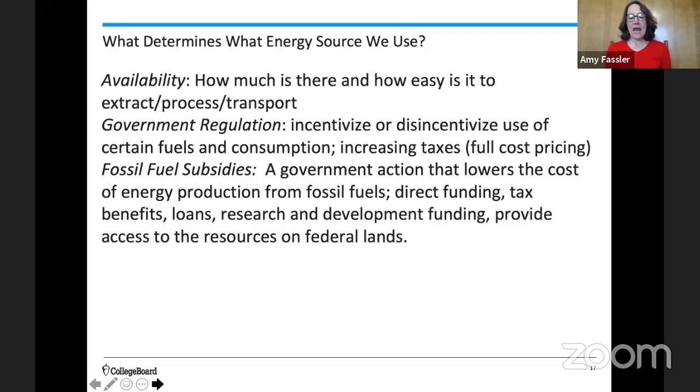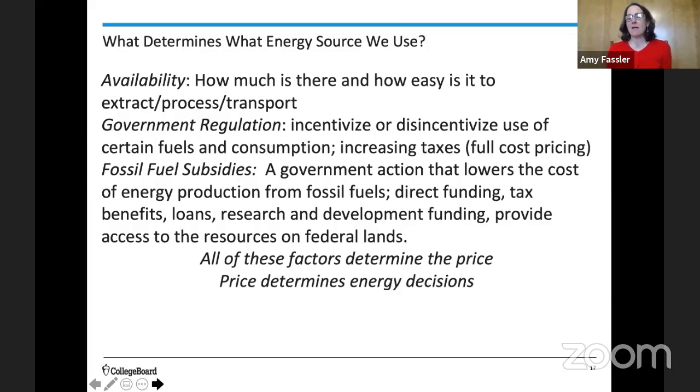It could be a tax incentive. It could be funding for research and development to build that offshore oil platform and find new sources of oil on the ocean floor. Maybe it's simply saying, here is federal land that belongs to all of us. We're going to let fossil fuel companies go onto that federal land and extract those resources, maybe for nothing or for a very low cost. All of these factors determine the price of a certain fuel, and price determines to a large extent our energy